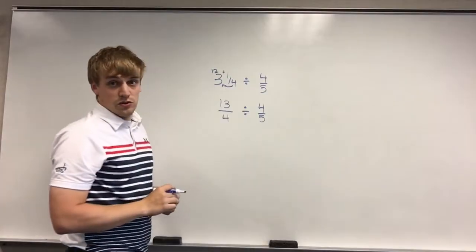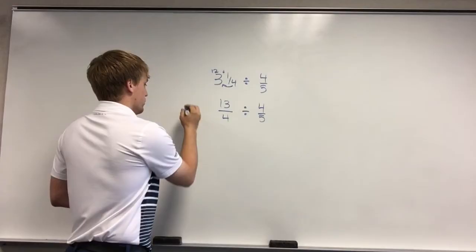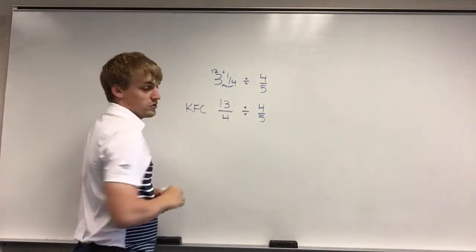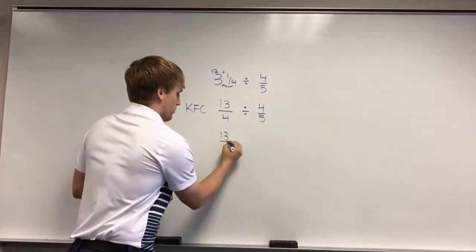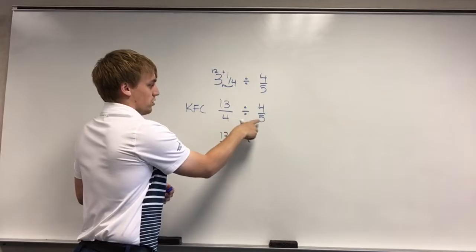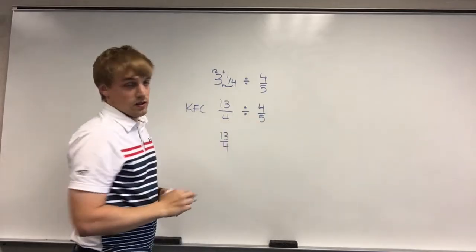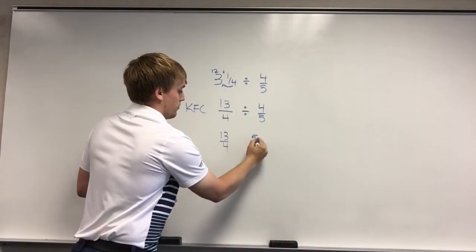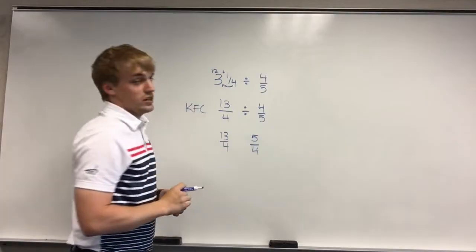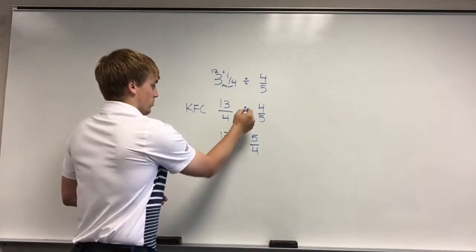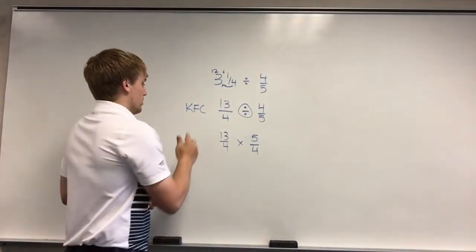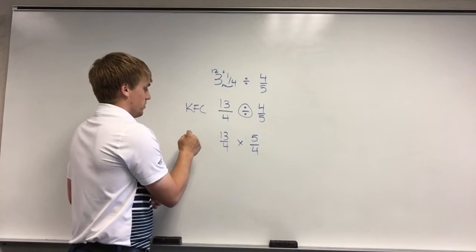This is just a fraction, so we don't have to rock around the clock. Now we're just dividing two fractions like we know how to do. So the first thing we have to do is KFC. So we'll keep the first one, 13/4. We'll flip the second fraction and make that 5/4. That's also known as finding the reciprocal. And we'll change the division to multiplication. Okay, so we have